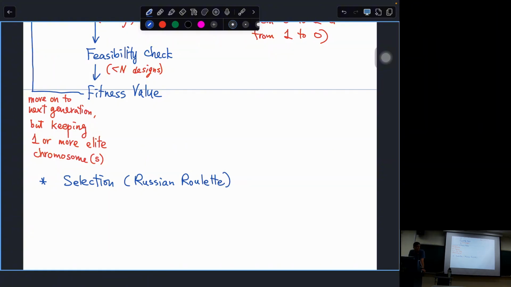So what is a Russian roulette? You must know from some of the movies, they have a gun and the gun has 6 bullet holes. You only put 1 bullet inside the gun, and then people take turns to fire the gun and see who dies. So it's a Russian roulette. Okay? So Russian roulette basically is a kind of